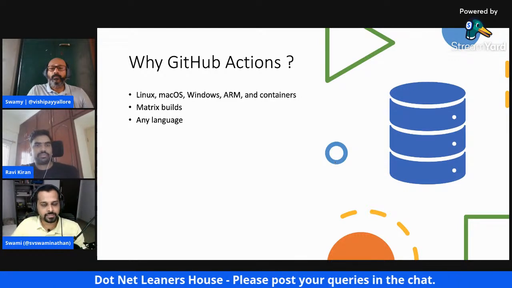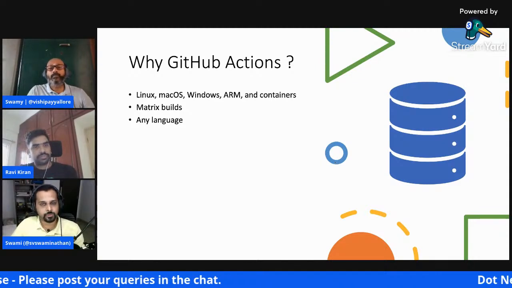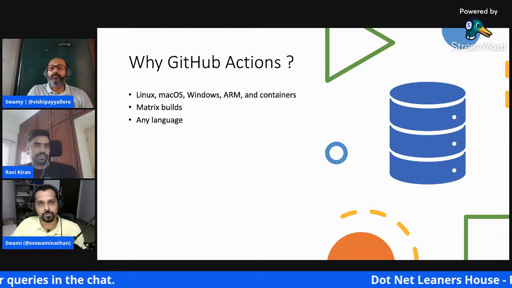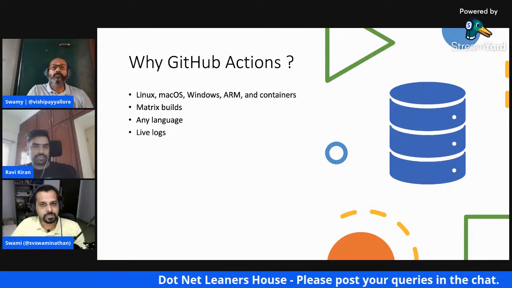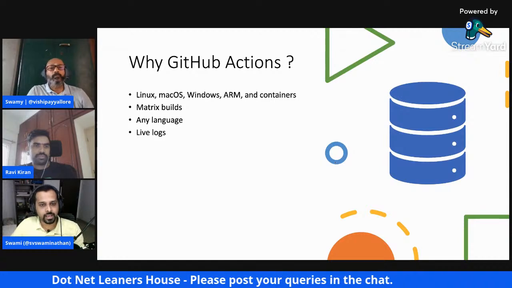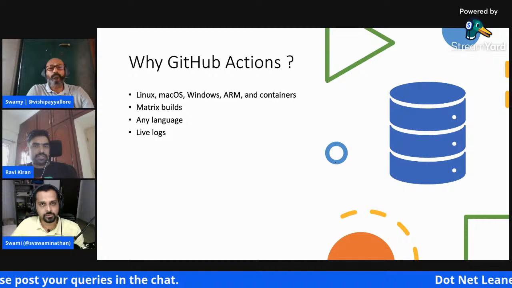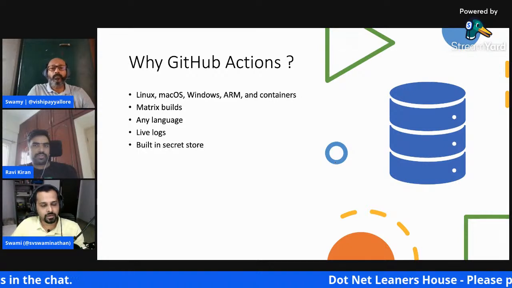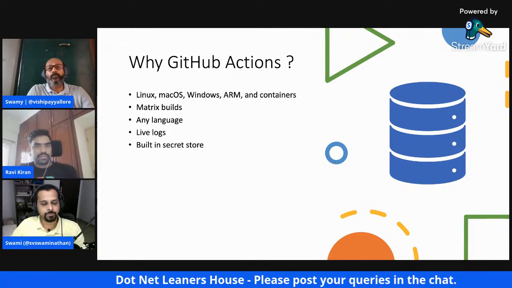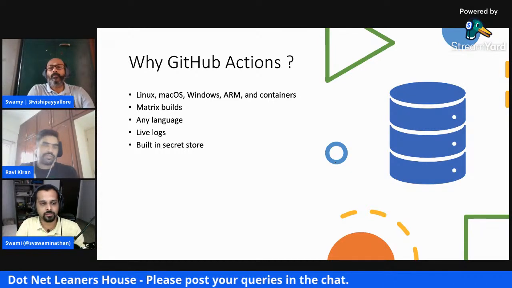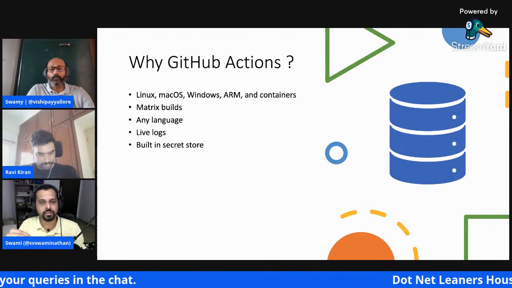Of course, like I said, actions are not limited to .NET, though I'm going to show .NET as an example here. Irrespective of language, you can use it for Node.js applications, Python, Go, .NET, Java, anything, with GitHub Actions. As the actions run, you can also see the live logs of how the build is progressing, what steps it is running, and what it is doing under the hood. It also comes with a built-in secret store. You don't have to worry about pushing your secrets anywhere else. What I mean by secret is, for example, let's say you are running a .NET application. Your application would have some sort of connection string to connect to your database.